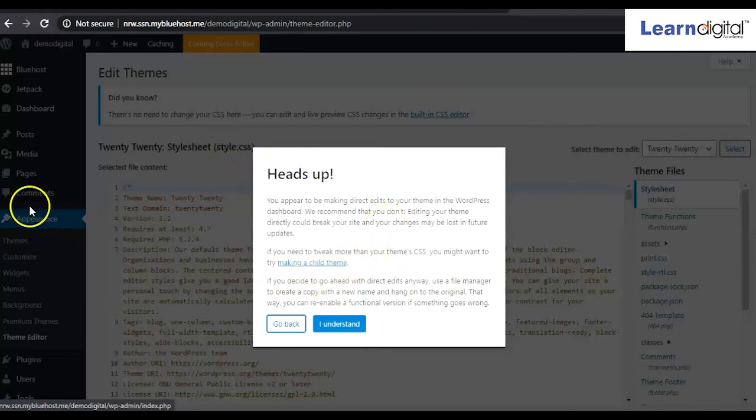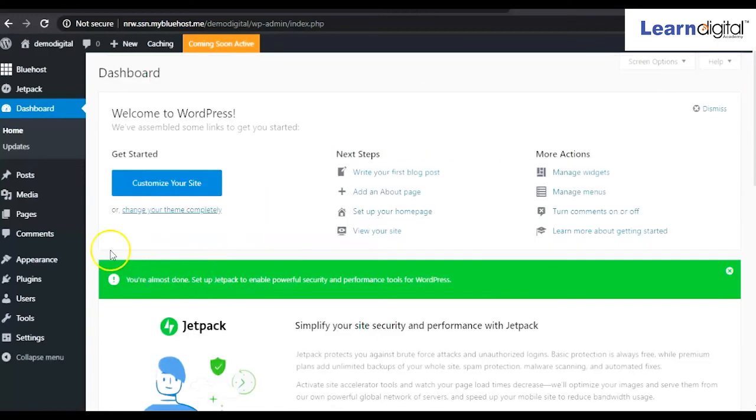If you touch it, there is a possibility that your website gets crashed. Here you also get an instruction from WordPress. See what is written here: you appear to be making direct edits to your theme in the WordPress dashboard. We recommend that you don't. So it is suggesting not to go on this option. If you know coding like HTML, PHP, JavaScript, certainly you can go and edit according to you, but we are not going to do this.